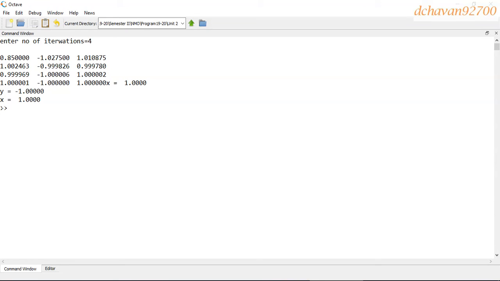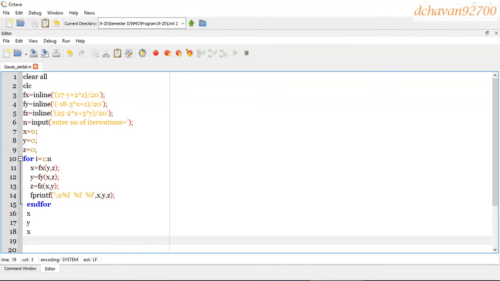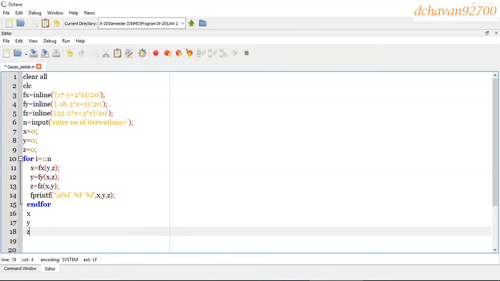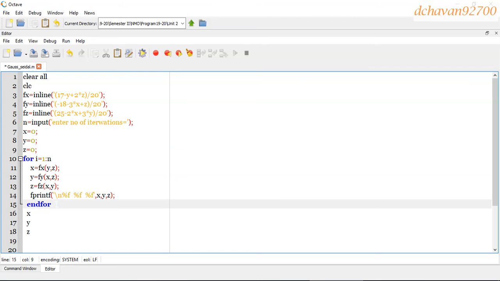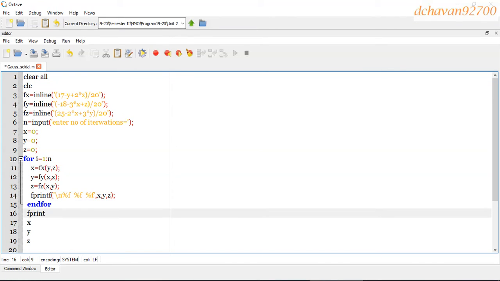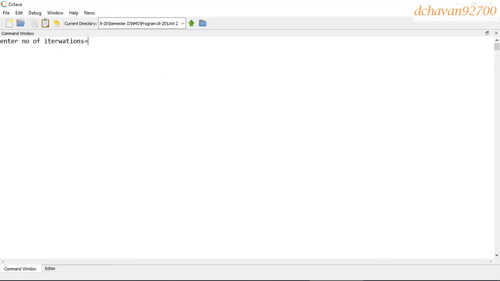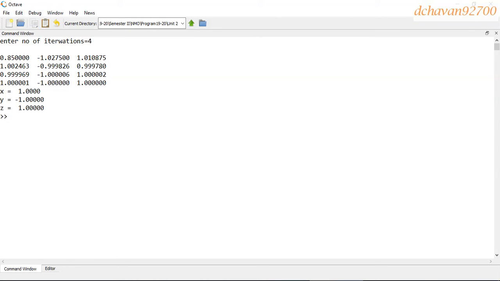Okay, here instead of z we define x, so just type, here it is z. Okay, and as we see this x comes next to the table. If you want to take this x onto the next line, just type over here fprintf \n, complete, and then run it again. So you will see the difference between the previous one and this one. So type the number of iterations as 4, and the values are in tabular format, and these are the final values.